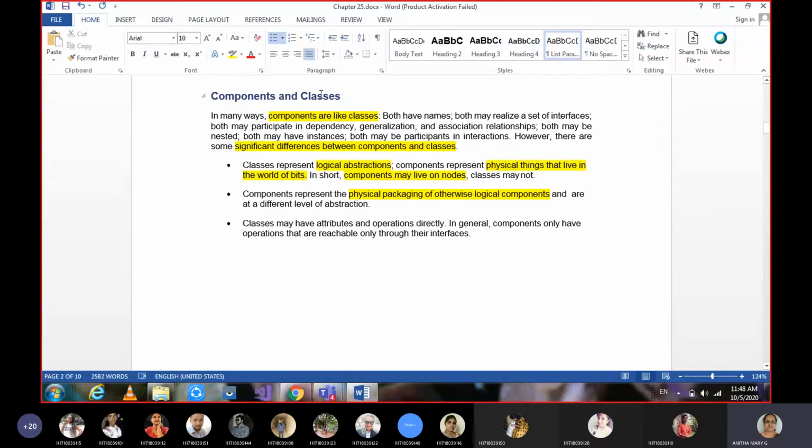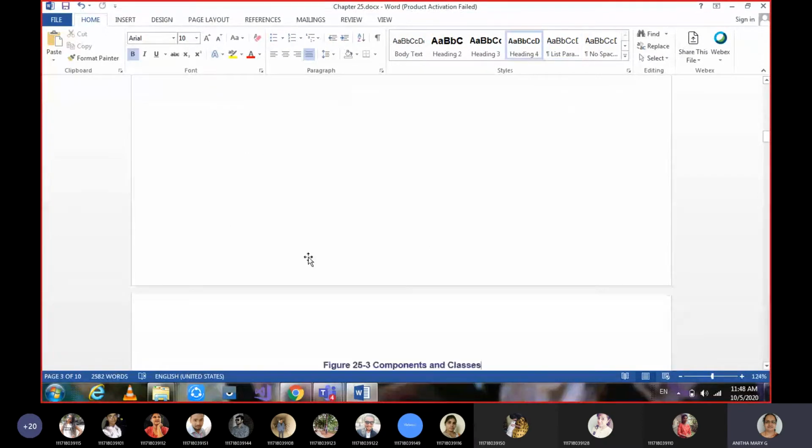The first is that one is a logical abstraction and the other is a physical component. The second is a physical part which has logical things in it. And third, classes have attributes and operations directly, whereas components have only operations, and using those operations, interfaces can be implemented. So these are the three important differences.